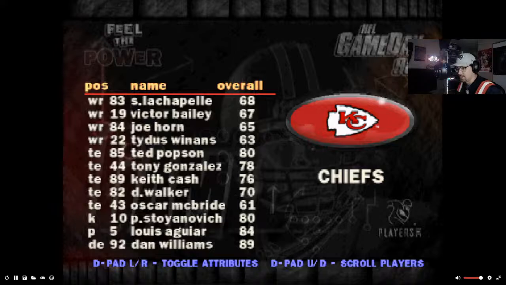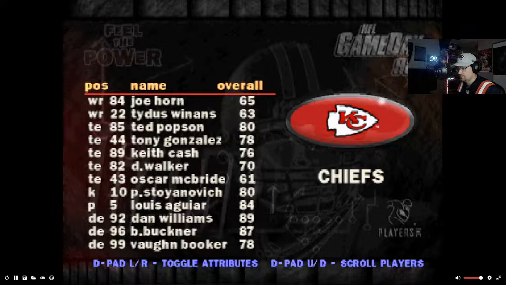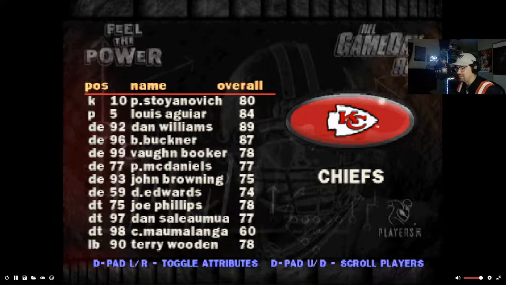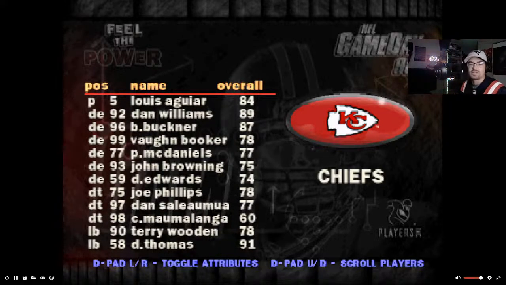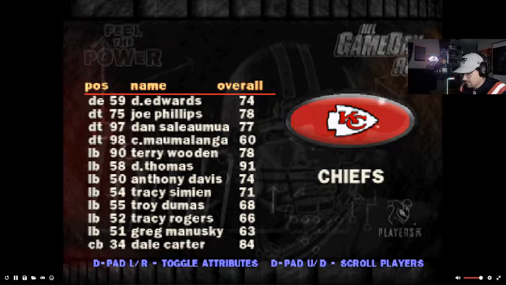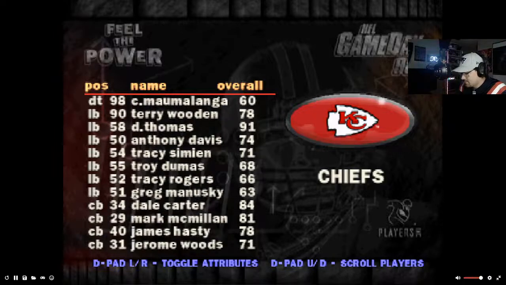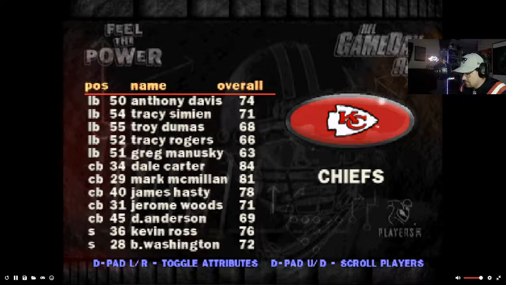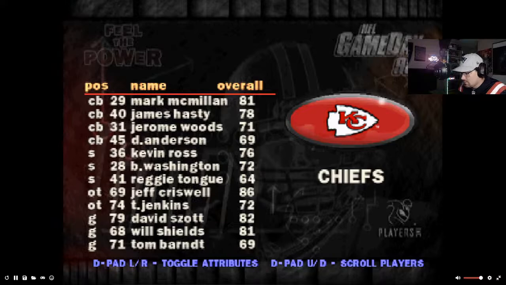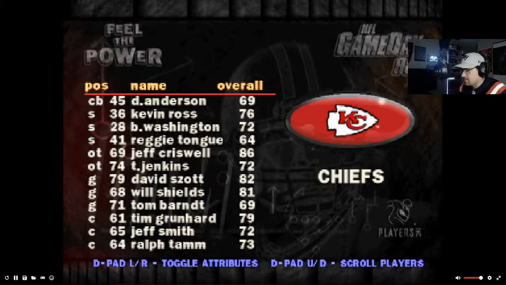Wow. Who else was on this team? I'm interested to find out, because this team seems loaded. Derrick Thomas was on this team. Derrick Thomas has to be one of the best linebackers to ever play the game. Oh my God, I can't believe Derrick Thomas was on this team. We had some pretty good names here. Believe it or not, their line is pretty stout.